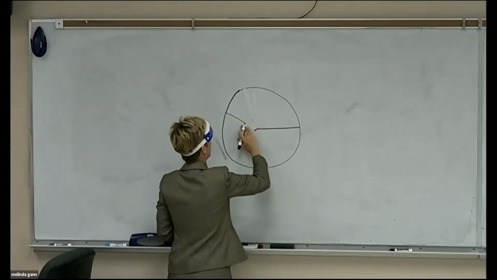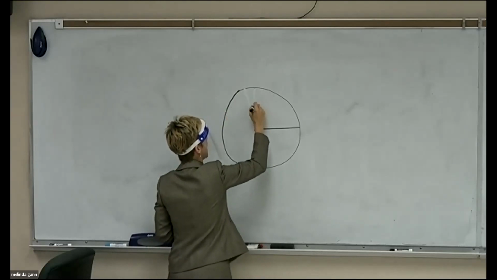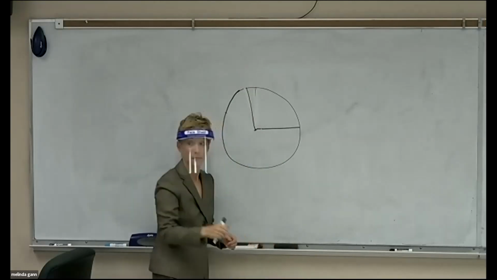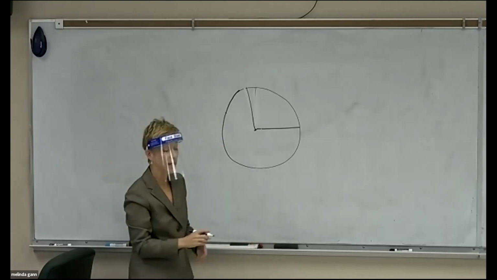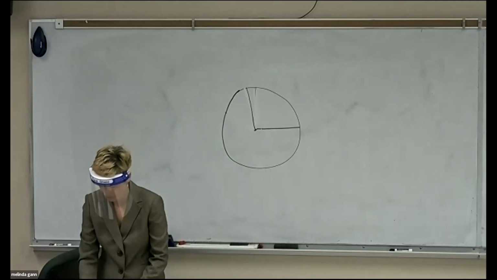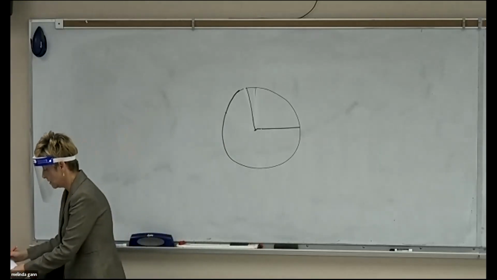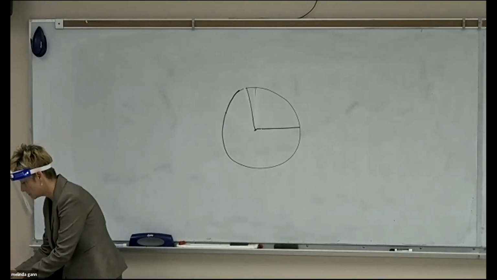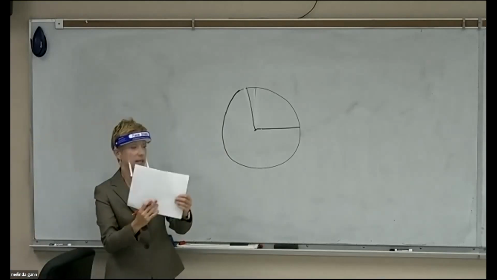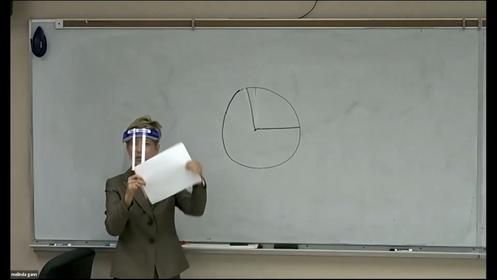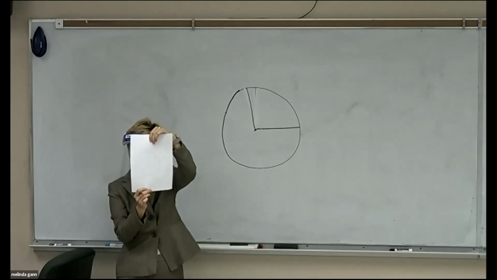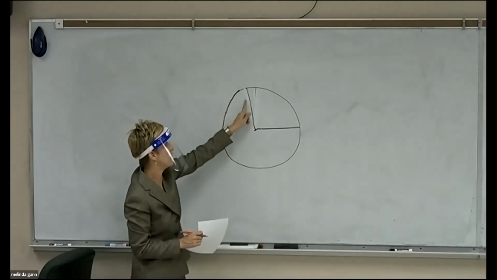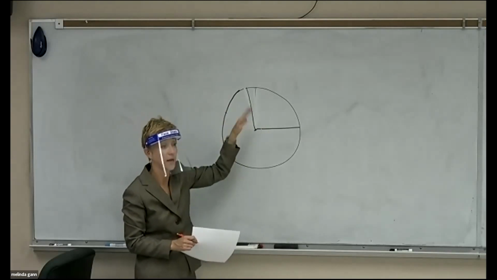So there are two things I expect you to judge off of. 90 degrees is one of them, so mine was about 90, a little bit more than that. What's 180 look like? That's halfway, straight across, right? Now, here's what you can do that I can't do. You can have the angle drawn on your paper, and then you can turn your papers. Everybody with me? So my next angle starts with this one. But you can rotate your paper so this is now sitting over there to make it easy. I can't rotate the board.